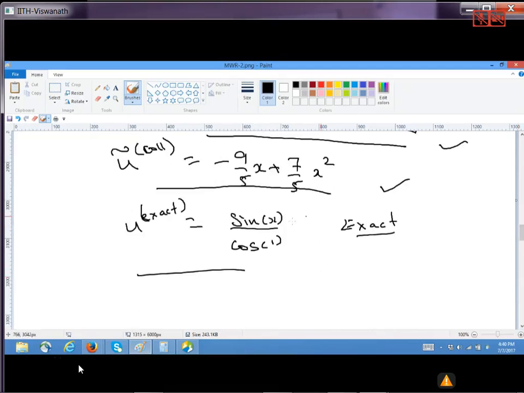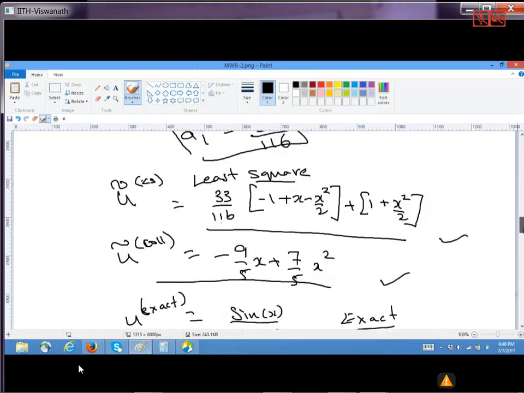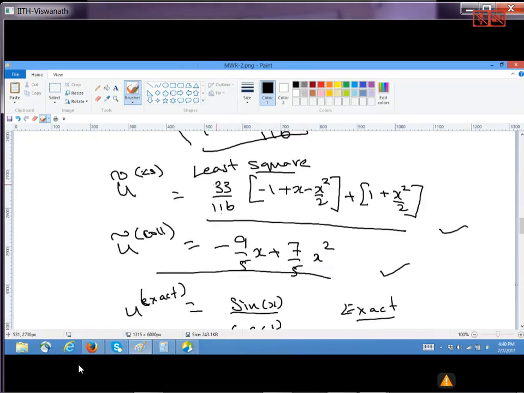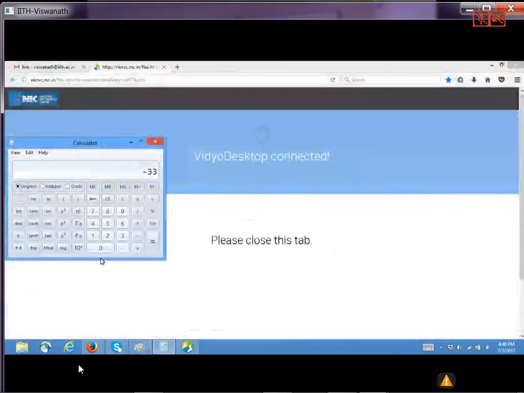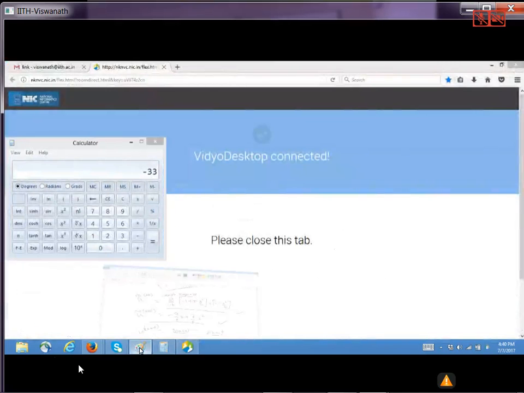At this point of time, I would request you to plot the solution for the least square, plot the solution for the collocation, and plot the solution for the exact in your MATLAB or Excel sheet, and you yourself could find out how the approximations differ from the exact solution. If somehow you don't like this approximation, it is very crude, then I would request you to make a refined approximation by